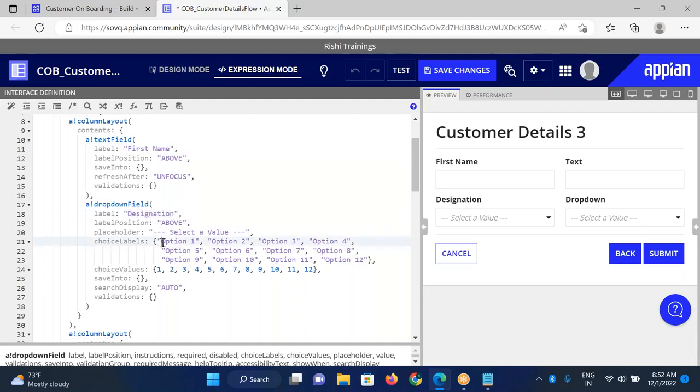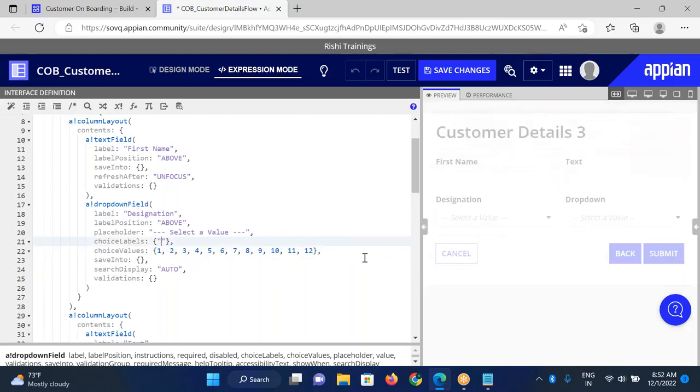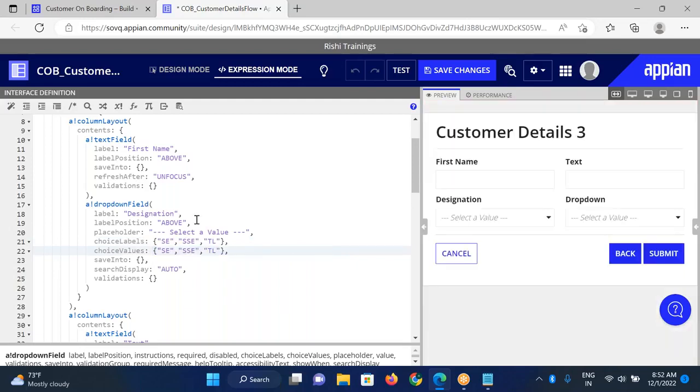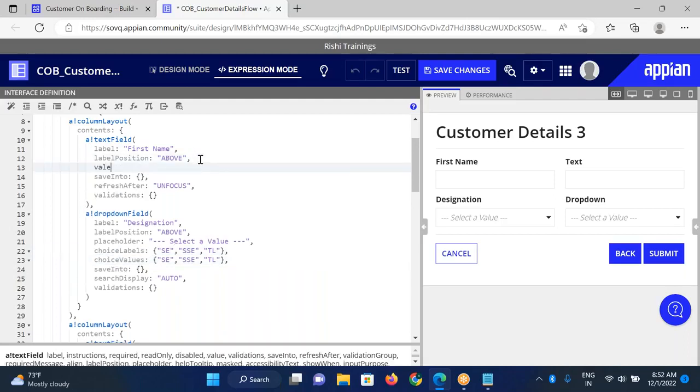Okay, for the values you can give choice labels and choice values, you know, right? You can give anything. Here I want to give designation should be SC, SSC, TL. Same you can copy here also. Okay, clear. And here the values, you know, right? Where to store and all. Values should be